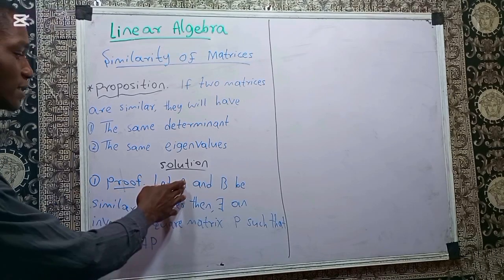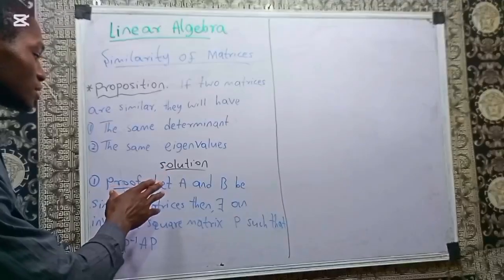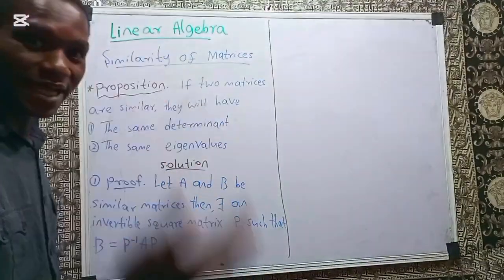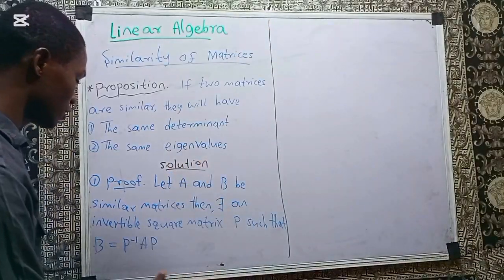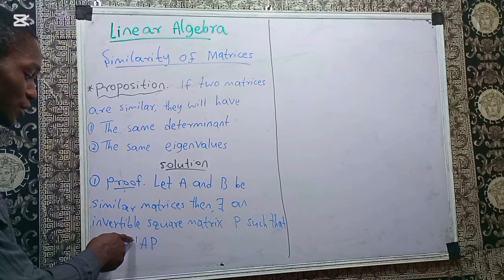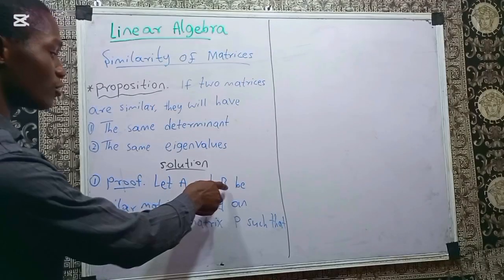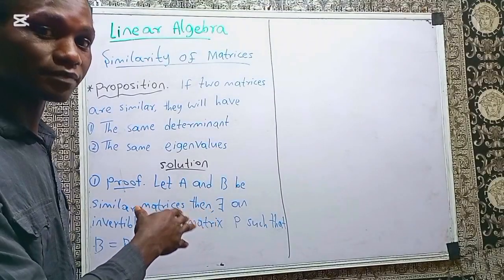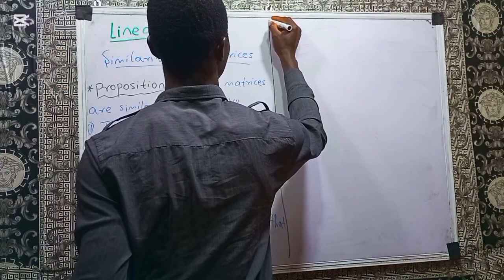Okay. I say let A and B be similar matrices, right? Because I have said that let them be similar matrices, then you must find an invertible square matrix P such that the inverse of that P multiplied by your matrix A multiplied by P will give you your matrix B. So this is the definition of similar matrices we saw in our previous video. Then